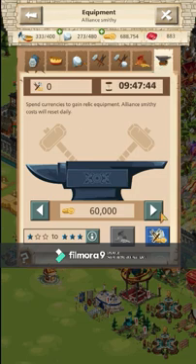You can either use coins or you can use rubies. Coins is the one I recommend if you choose to do this. And rubies you can use if you have a lot of extra rubies, and you would use this to forge higher quality